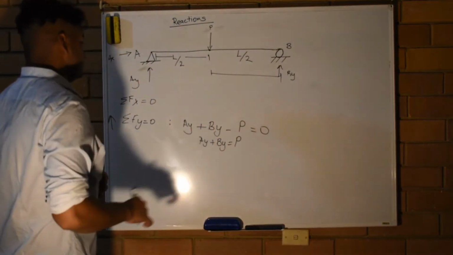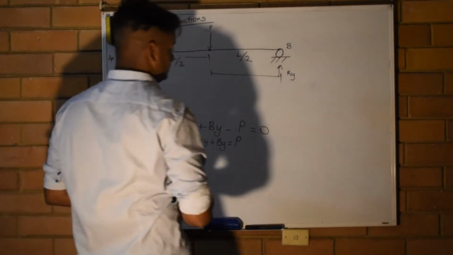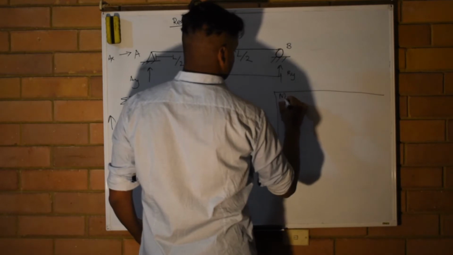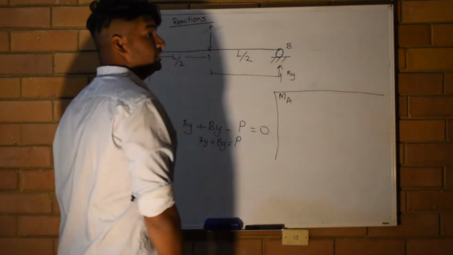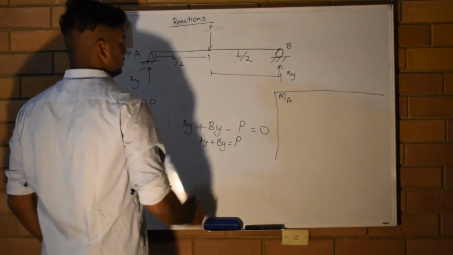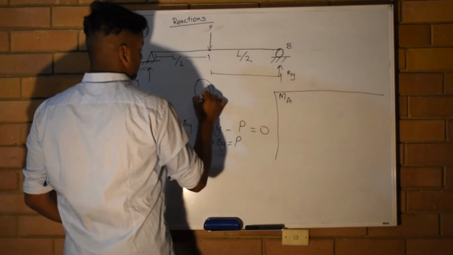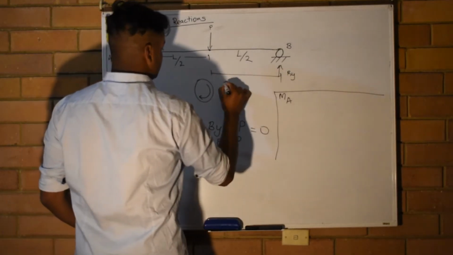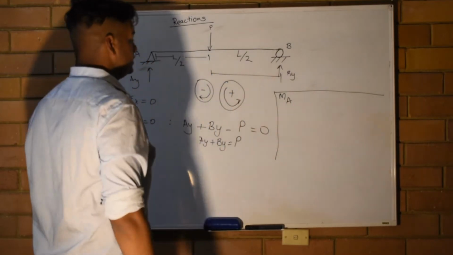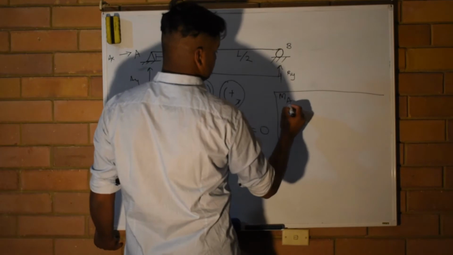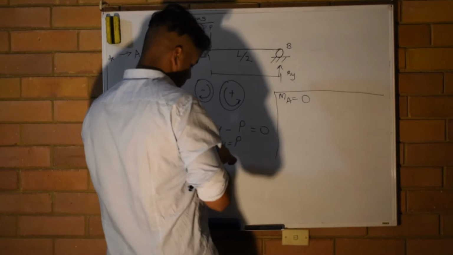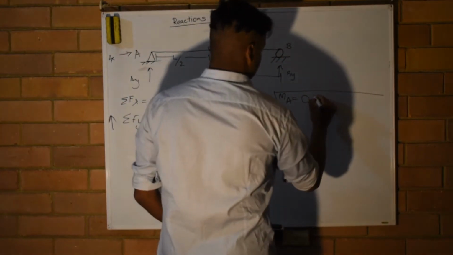Now the next part is to actually find these reactions. So, moments. My moment around A, we're going to take anti-clockwise as positive. Our clock goes this way, right? But we're going to take this as our positive. So if I say the sum of moments equals 0,